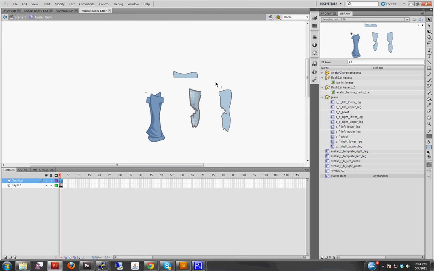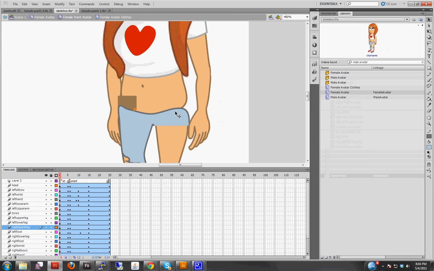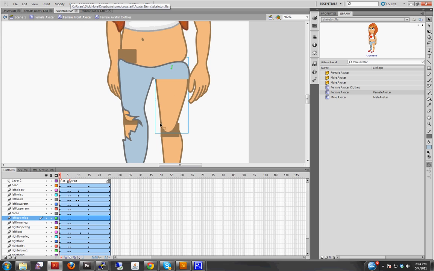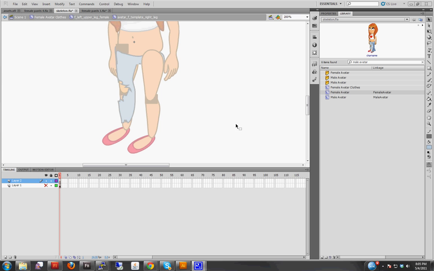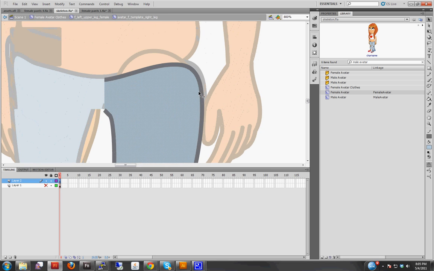So let's go ahead with the right leg. Sorry, the left leg. Go into the left upper leg. New layer again. Okay, and I'm gonna paste in the right leg here. Again, I'm just gonna zoom in